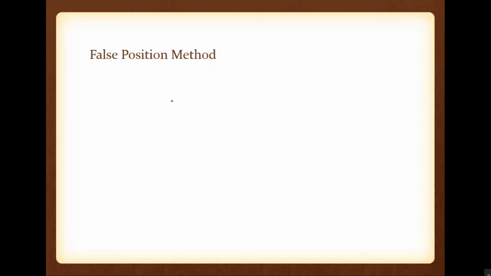So now what can we do? We can do one thing. In the false position method, again we need two initial conditions. The interval a and b must have f of a and f of b with opposite signs. That is the property we are taking from the bisection method. The initial condition a and b must have f of a and f of b with opposite signs, meaning a and b are bracketing the actual root. Okay, so that is the bisection method.